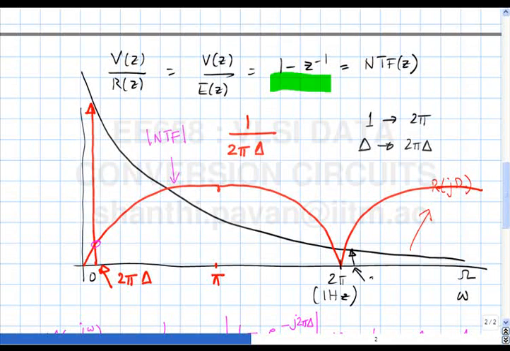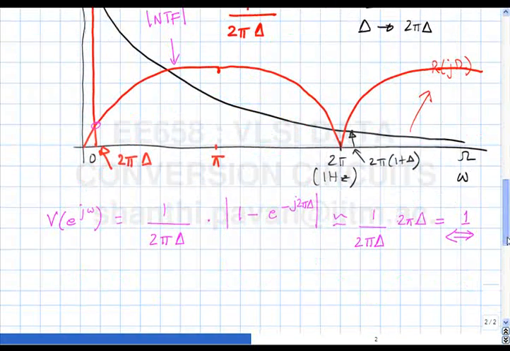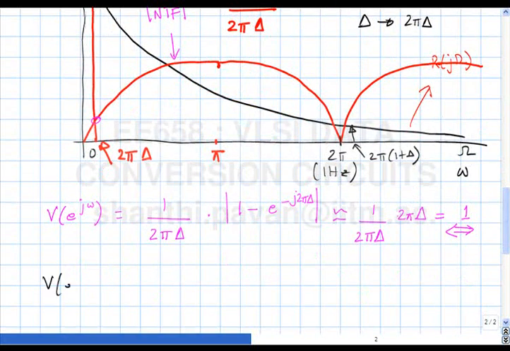This is 2 pi times 1 plus delta hertz, 2 pi times 1 plus delta radians per second, corresponding to a frequency of 1 plus delta hertz. So that passes through the integrator and the magnitude here will be V of e to the j omega is 1 over 2 pi times 1 plus delta, correct, times